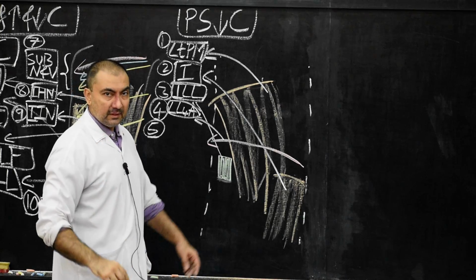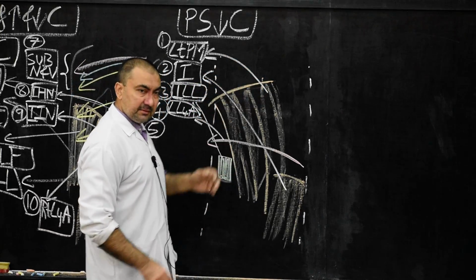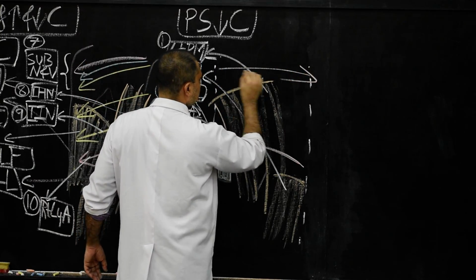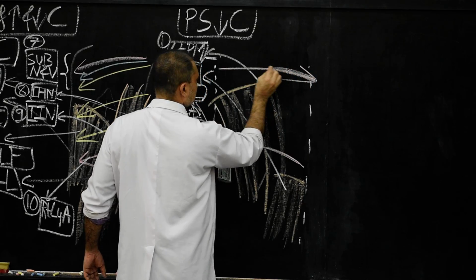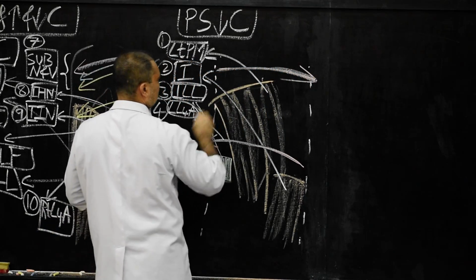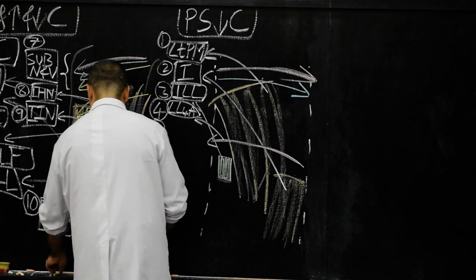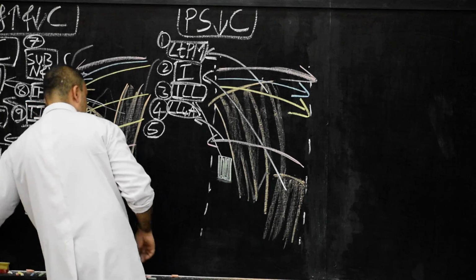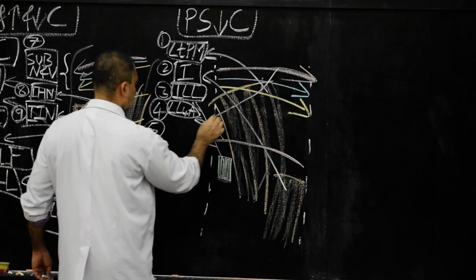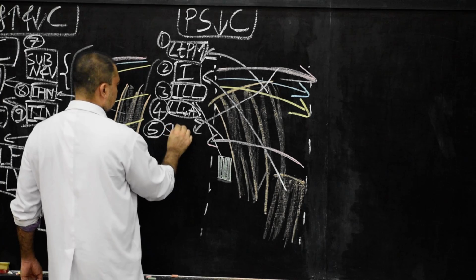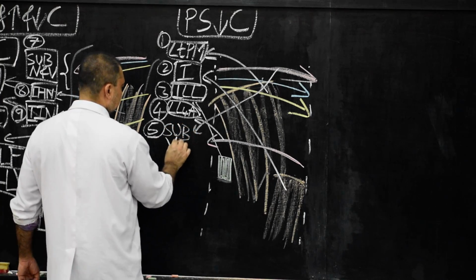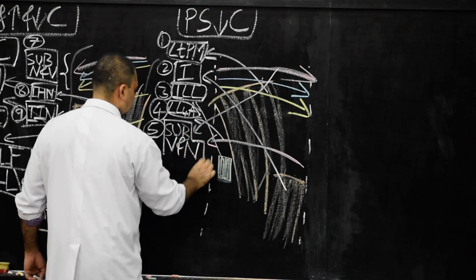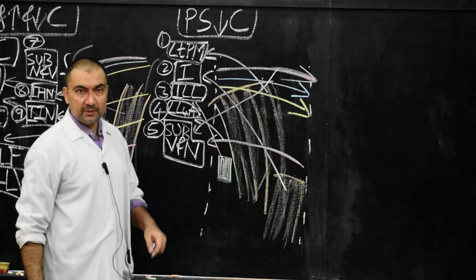Now structure number 5, subcostal nerves and vessels, which we need to mark. So we are going to show this as subcostal nerves and vessels. Here this marking is complete and we are going to mark these 3 structures as subcostal vessels and nerves. Please note down, this will be structure number 5.